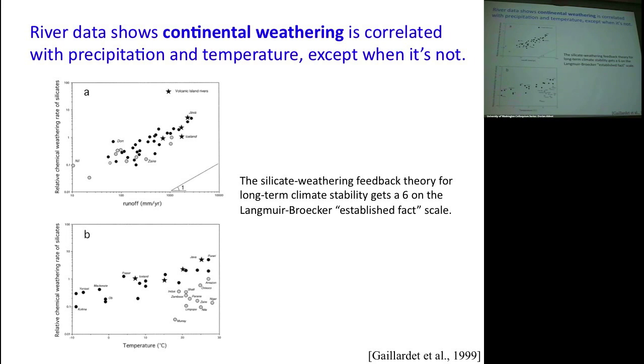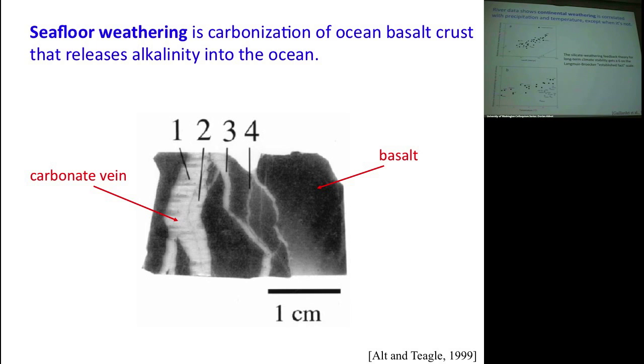And that's important because whenever anyone talks about the habitable zone, they're talking about silicate-weathering feedback, and the evidence we have that this is functioning on Earth is only a 6. And that's the lowest value of anything that they're willing to put into their textbook. So there are still a lot of interesting problems to work on with this. That's what I'm saying. Now, on the other hand, seafloor weathering.